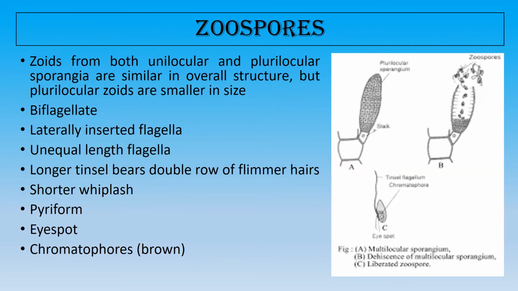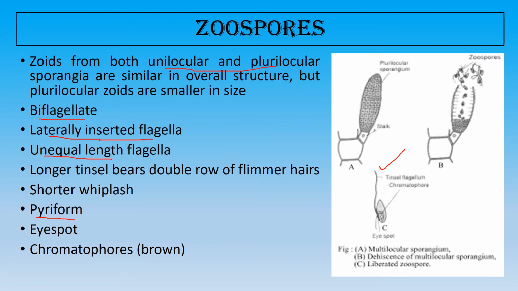And about the zoospores, both the unilocular and plurilocular sporangia produce similar zoospores so far as the morphology is concerned. So far as the structure is concerned, all the zoospores are pyriform or pear shaped, and they have two flagella, that is, biflagellate, and the flagella are inserted laterally and of unequal length. Here we see the diagram of the pear shaped, pyriform